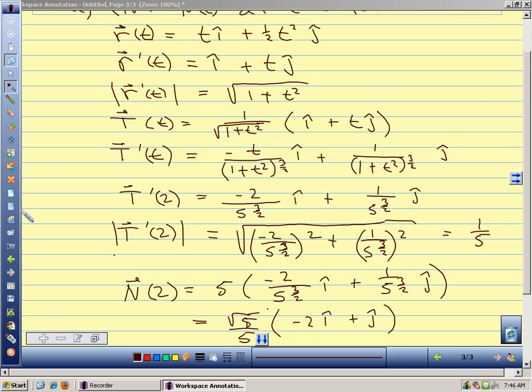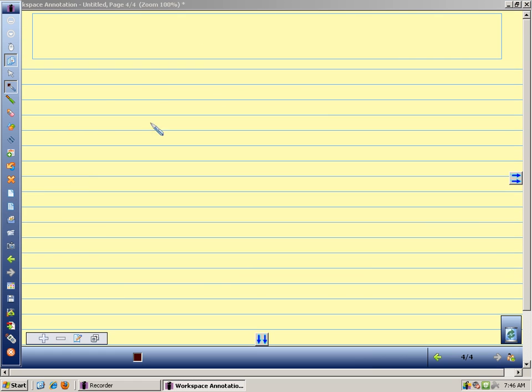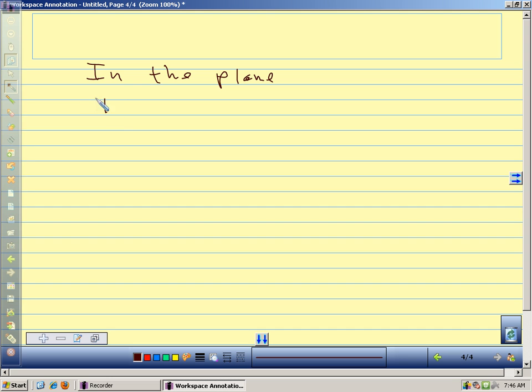If we're looking at motion in the plane, if you have a nice problem in the plane, if our unit tangent vector is some function x of t i and y of t j,